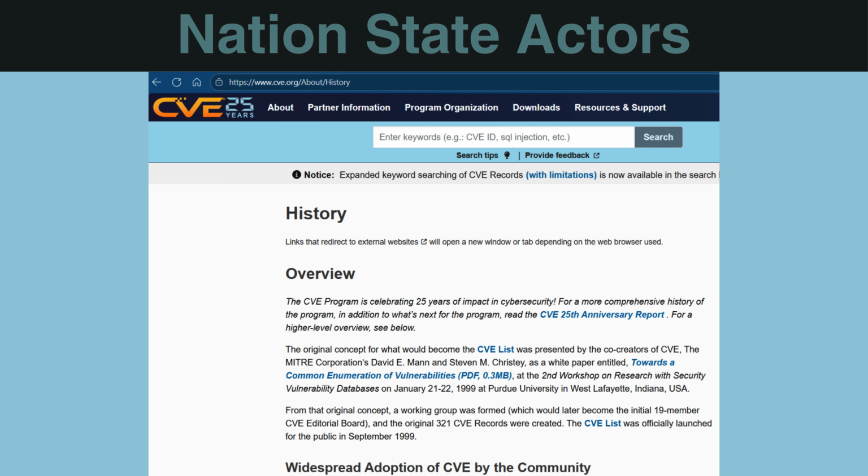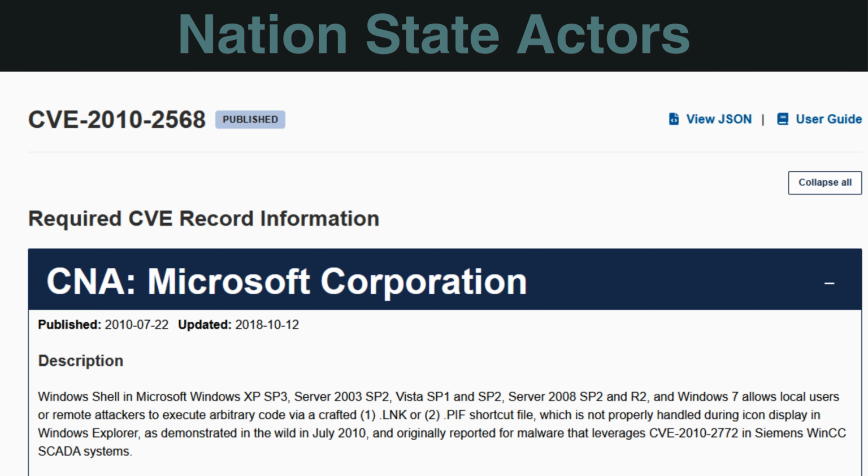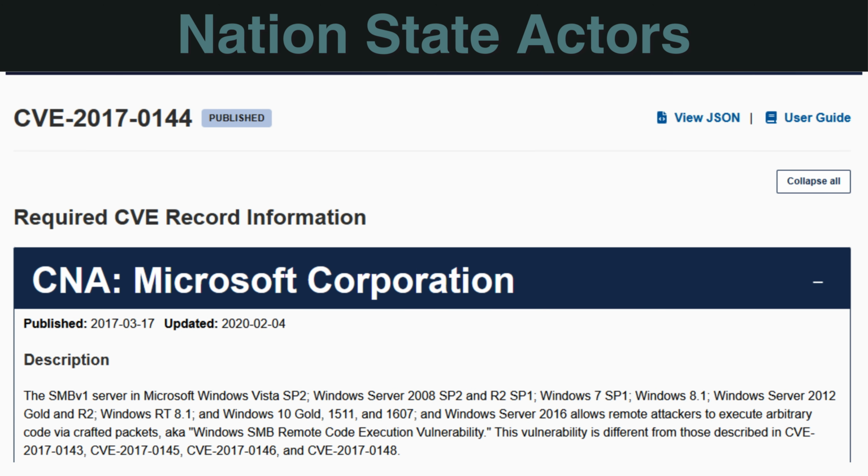So there's a lot of different CVEs that you can look up and find nation-state influence involved in these exploits of the vulnerabilities that have happened worldwide. For example, you could look up CVE-2010-2568, which was part of the Stuxnet kill chain against Windows hosts and later widely reused. Or you could look up CVE-2017-0144, which was EternalBlue. It's an SMB exploit leaked from the NSA, used at global scale in WannaCry with attribution to DPRK and US-UK statements.